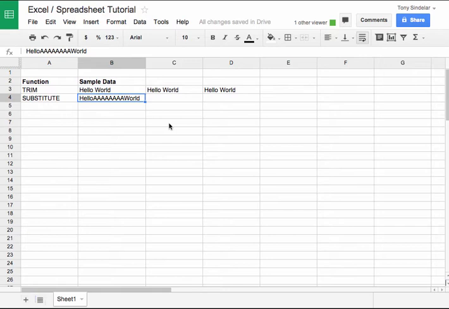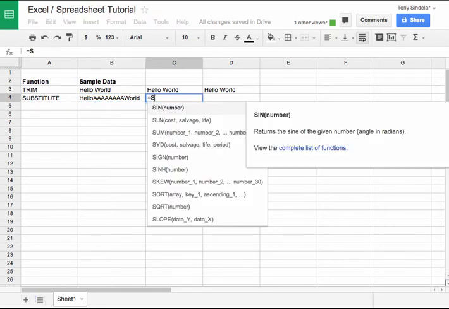Now I'm using the A here just as an example. This could easily be done with periods, perhaps, colons, any sort of punctuation. Spaces would be a big one. If you've got a movie title with spaces in between different words, you probably need those spaces removed before you index into it. So the way that substitute works,